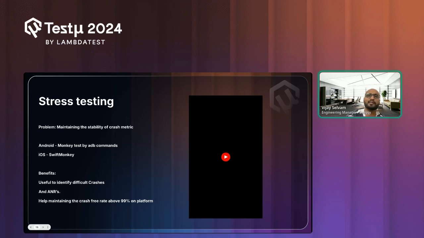Like there is an interruption that can come, like you can put it in the background and keep it in the foreground, and you can put it as a smaller screen and all. All these things you may not be able to cover, but if you do that stress testing, this actually ensures the RecyclerView, how many times you are creating it in your app. Is it actually happening the right way? Is the app actually using the right